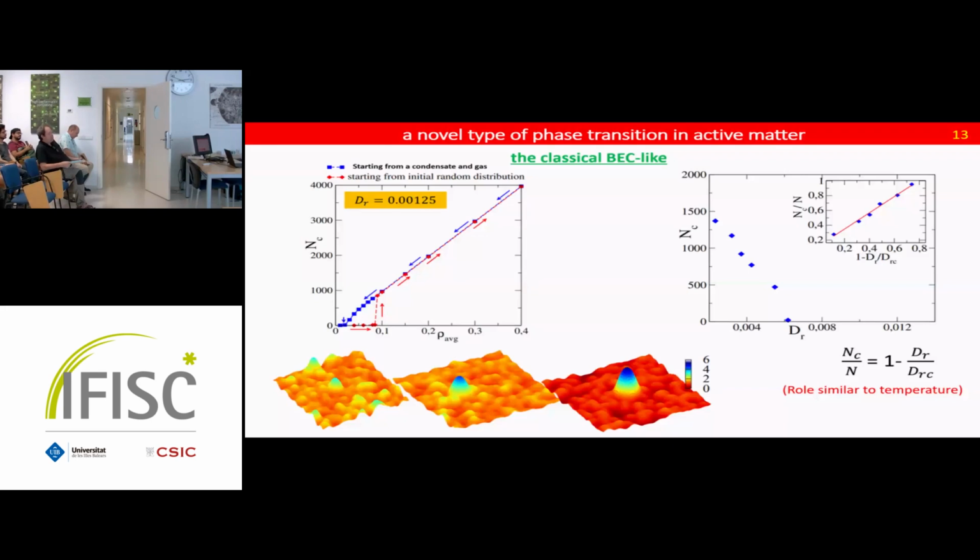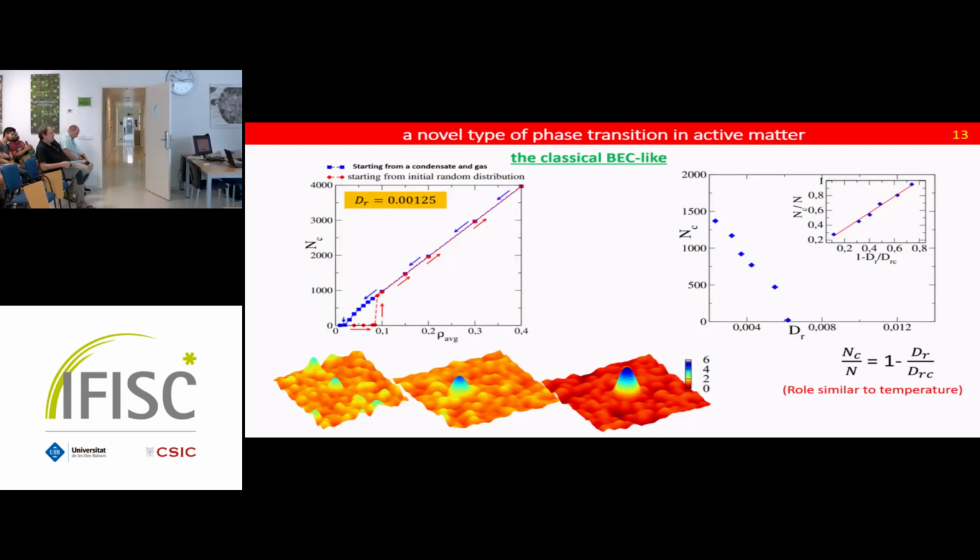And now what we are doing, we pump in more particles in the system, and let's see what happens. So then we put in more particles, and we see the particles in the condensate is increasing, not in the gas. So if you follow this, we are pumping in more particles, and the particles go to the condensate because of the